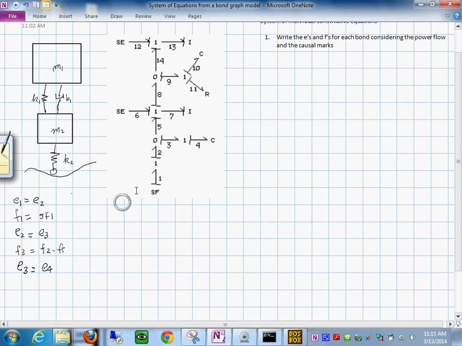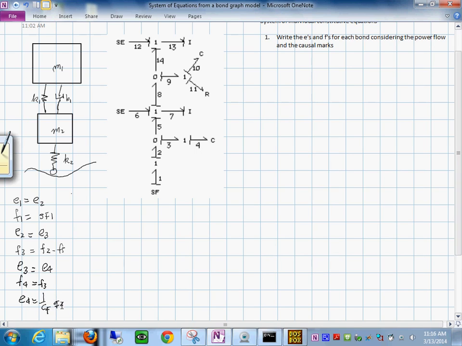We didn't simplify the graph, although we could have done that. And then F sub 4 is equal to F sub 3. But because this is a C element in here, E sub 4 is defined as 1 over C sub 4